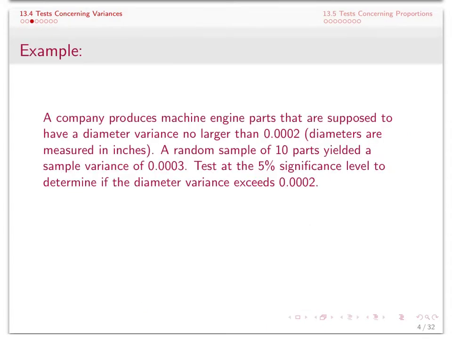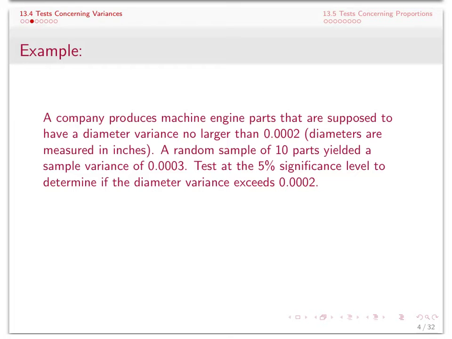Let's look at an example. Suppose we have a company that produces machine engine parts that are supposed to have a diameter variance no larger than 0.0002, and these diameters are measured in inches. And suppose we have a random sample of 10 parts that yield a sample variance of 0.0003, and we want to test at the 5% significance level to determine if the diameter variance exceeds